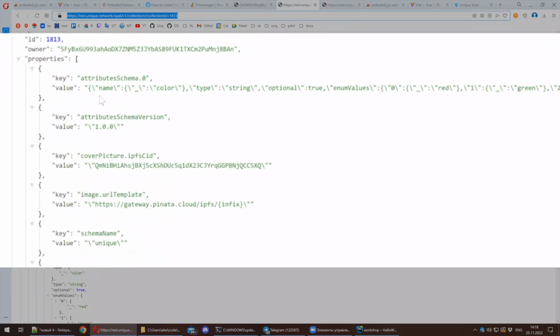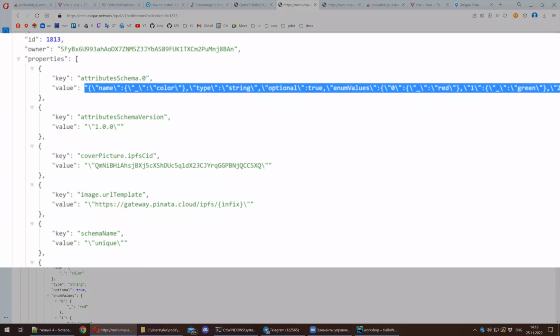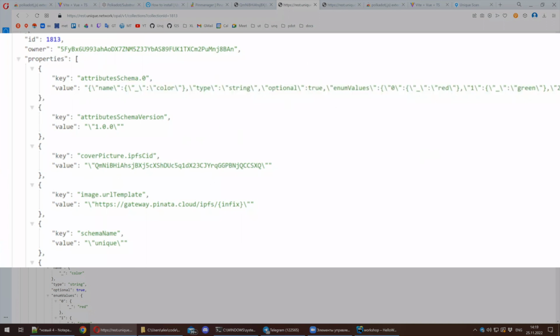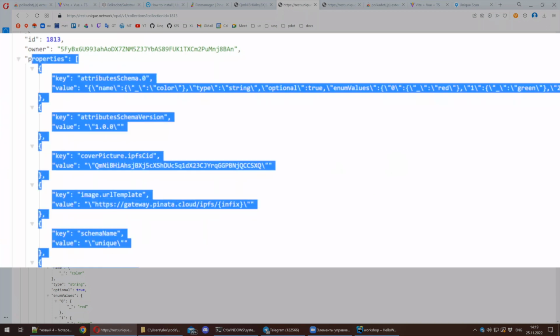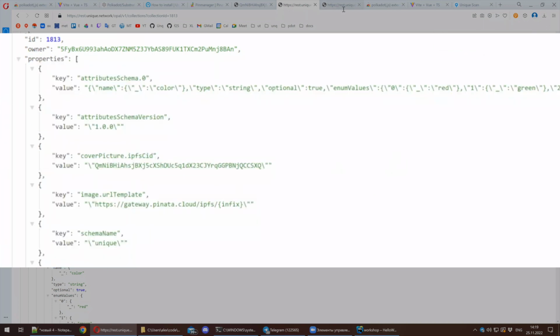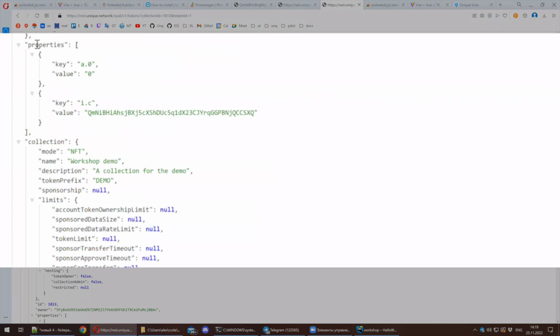With the collection properties, it's simple. The collection properties is just a set of key value pairs, where key and value is just a bunch of bytes. With the key, it's a strict set of bytes. It's just the ASCII lower half, actually just the printable symbols like letters, numbers, and so on. And the value is a set of any bytes, but here it's just a string. So for collection properties, it's just a bunch of key value pairs, and for the token, the properties is actually a bunch of